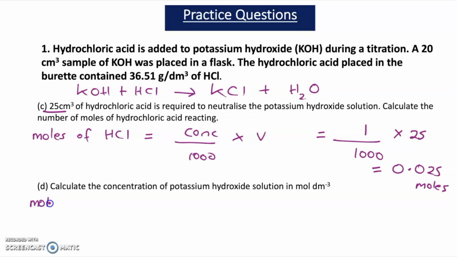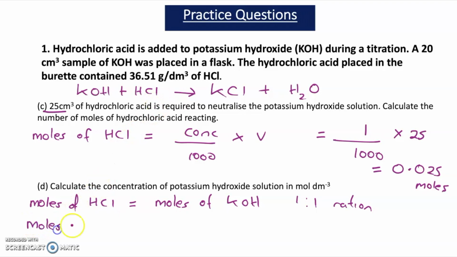Now for part D, you're asked to calculate the concentration of potassium hydroxide in solution in moles per decimeter cubed. So the equation tells us that the moles of hydrochloric acid is equal to the moles of KOH. So therefore, I now know that there's 0.025 moles of KOH present in my flask. And if I know the moles of KOH, and I know the volume of KOH, I can use this to calculate the concentration. So the moles of KOH is 0.025,